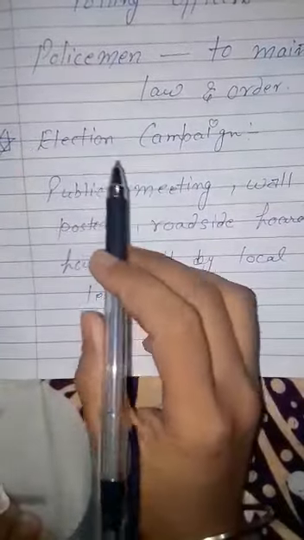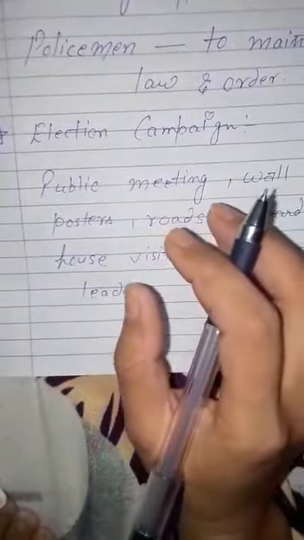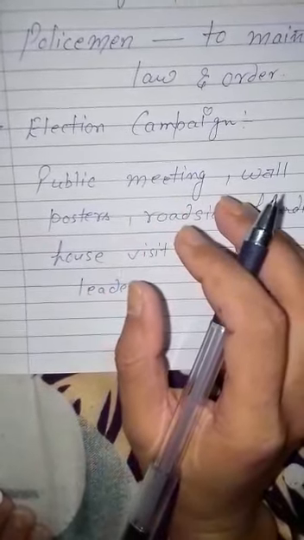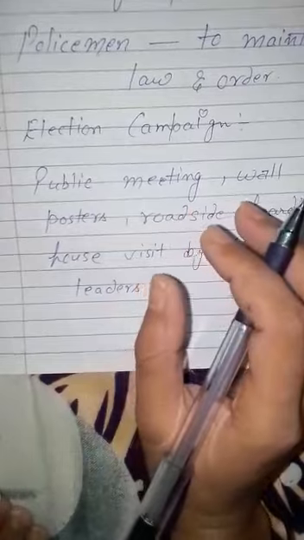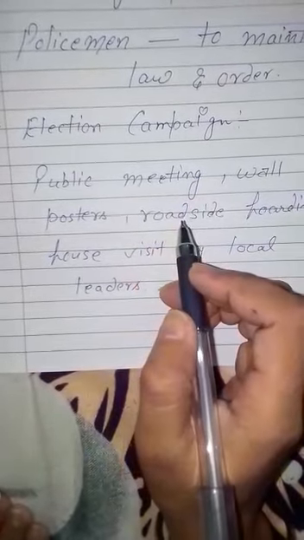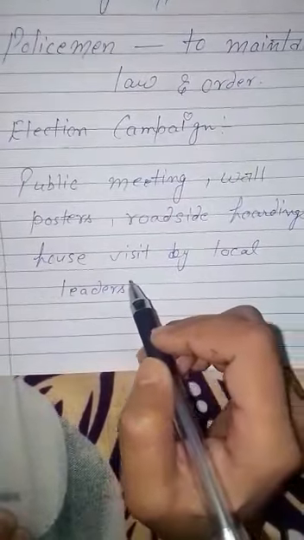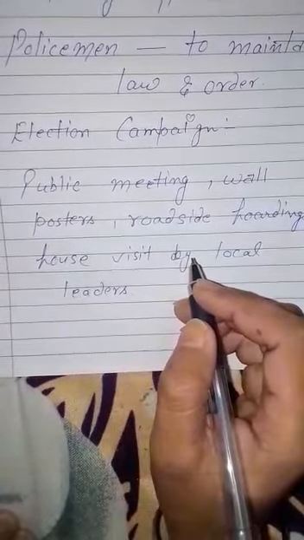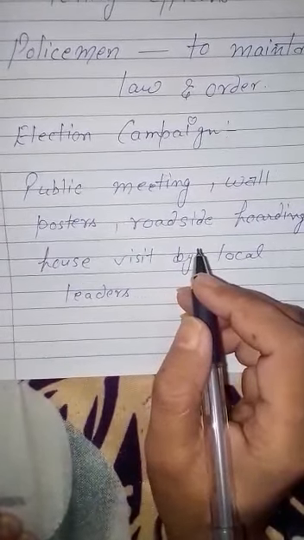During the time of election, election campaign becomes very important. Every political party and every candidate tries to reach out to as many voters as possible. The parties appeal to the voters to vote for them, but in large areas it may not be possible for the candidates to conduct door to door campaigns. So they make use of various methods to convince people, like public meetings, wall posters, roadside hoardings, and house visits by the local leaders. In addition to these traditional methods, political parties nowadays are using radio and television to convince the people to vote for them.